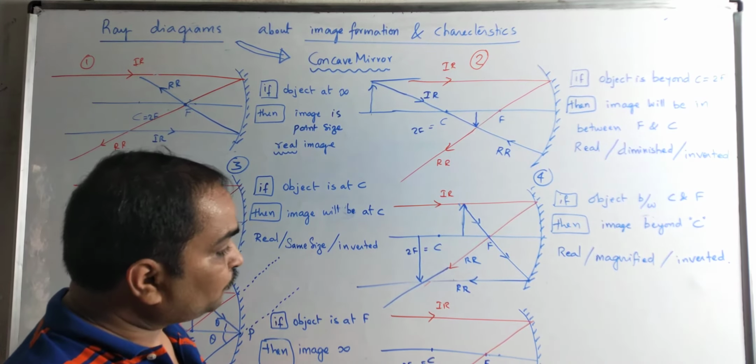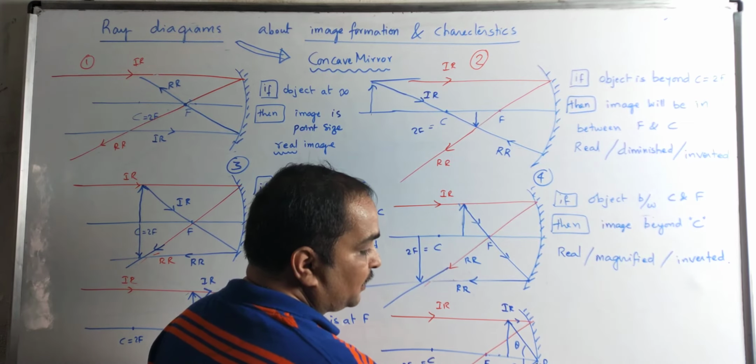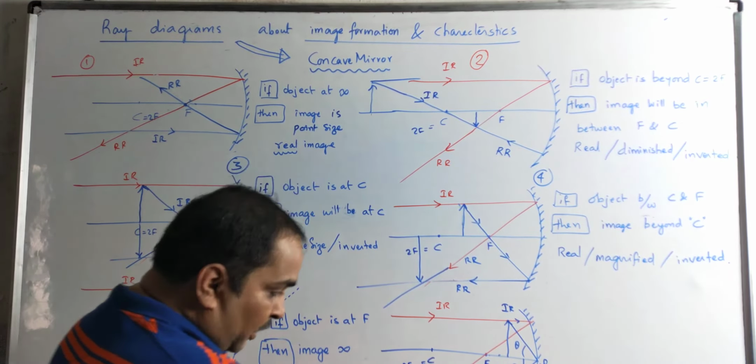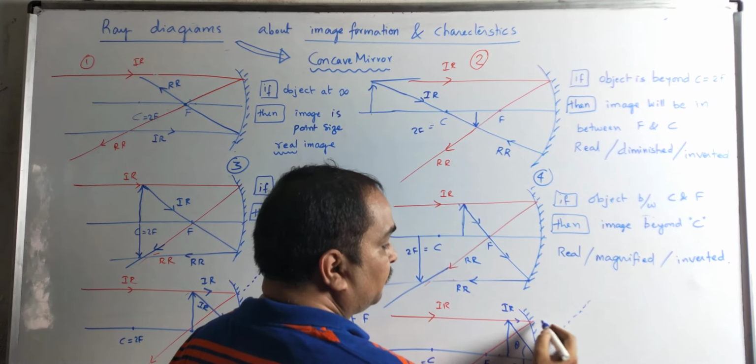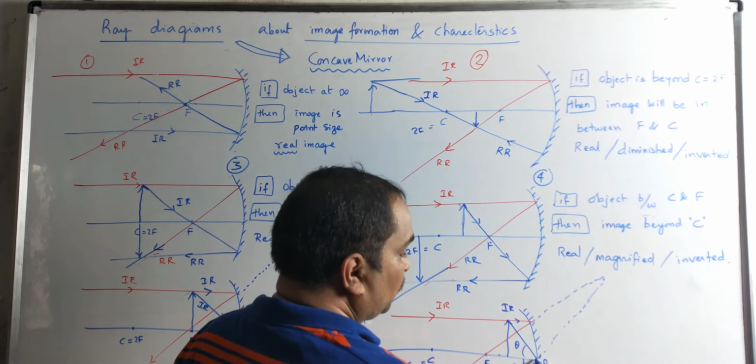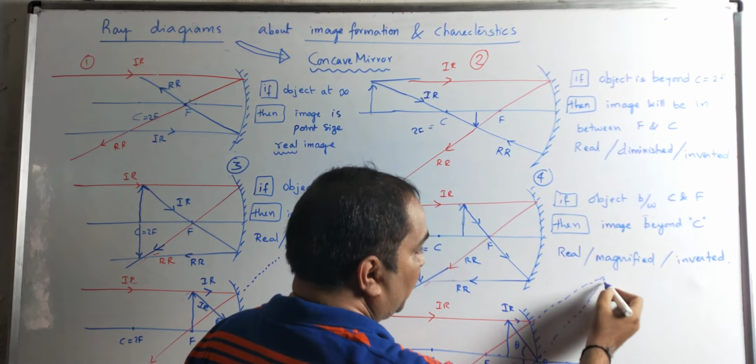The last one, when I keep the object less than the focus distance. This is the incident ray, and no need to change anything in this. This is the reflected ray for the first ray. Similarly, I make one more incident ray making equal angles with respect to the pole, with respect to the principal axis. These two reflected rays are obviously not parallel, but they are not going to meet on this left side. So there is a probability of making them meet on the right-hand side. Somewhere they meet here. So if you extend this principal axis, you get the image here.